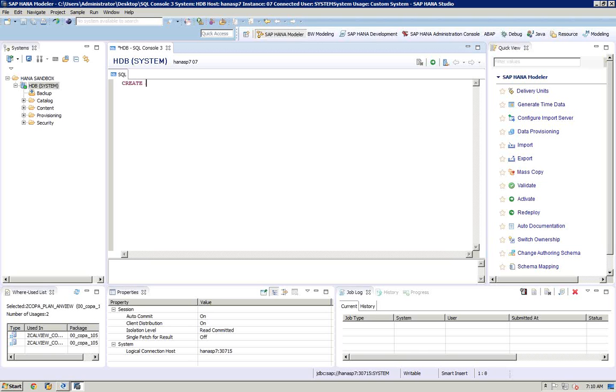Create schema. Okay, create schema, schema name. Schema name is, for example,